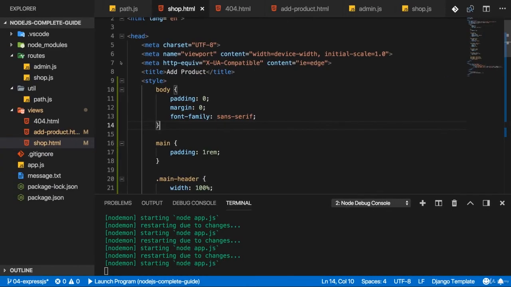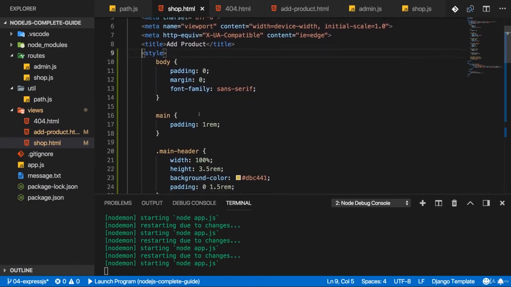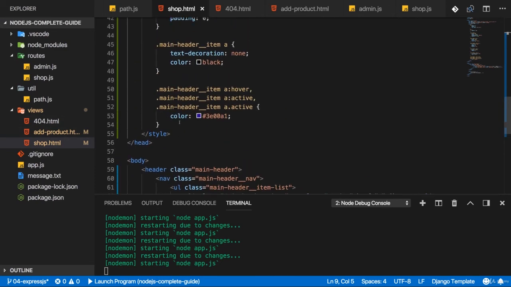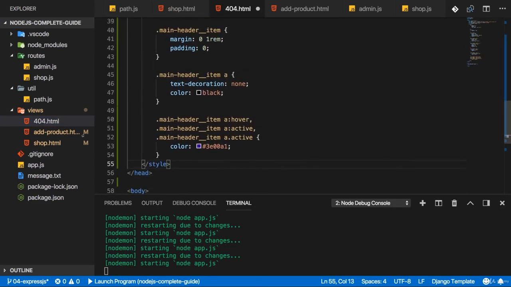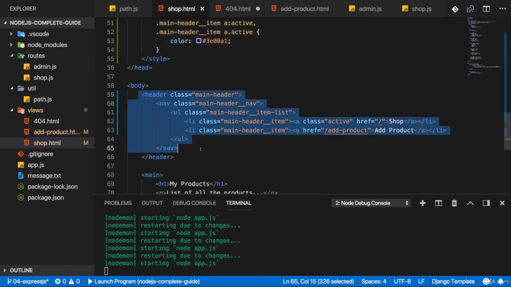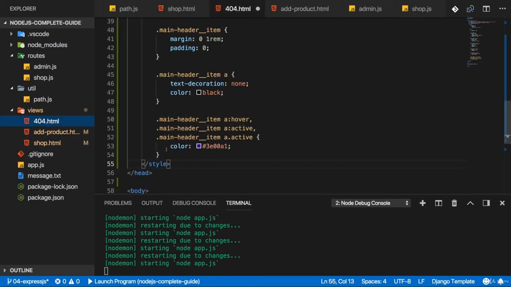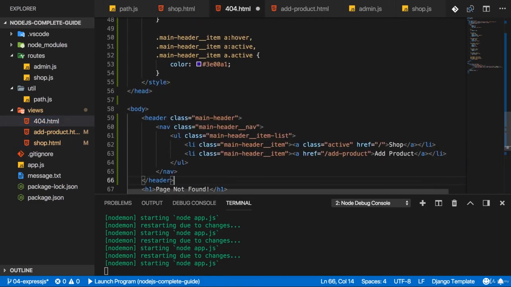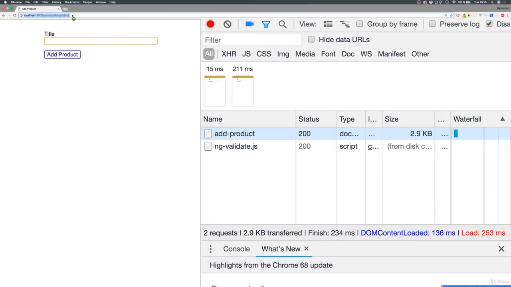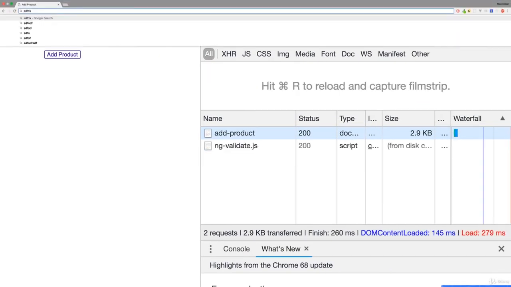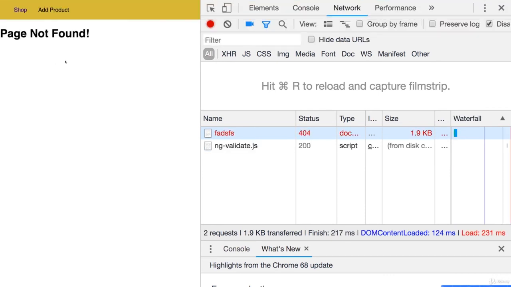Now, one thing we should also do now, let's copy that style from the shop.html file and put it into the 404 HTML file here. Because there, I also want to take the header and copy that into there. Because I don't just want to have the page not found thing, I also want to show the header. So that now, if I do enter some route which does not exist, like this, we also get the header